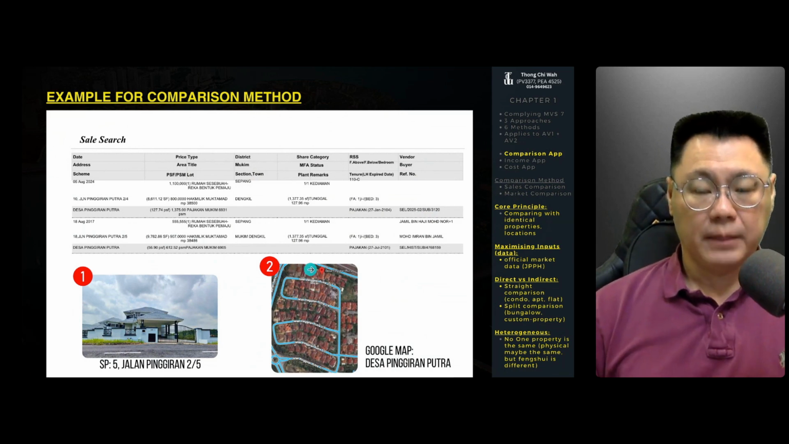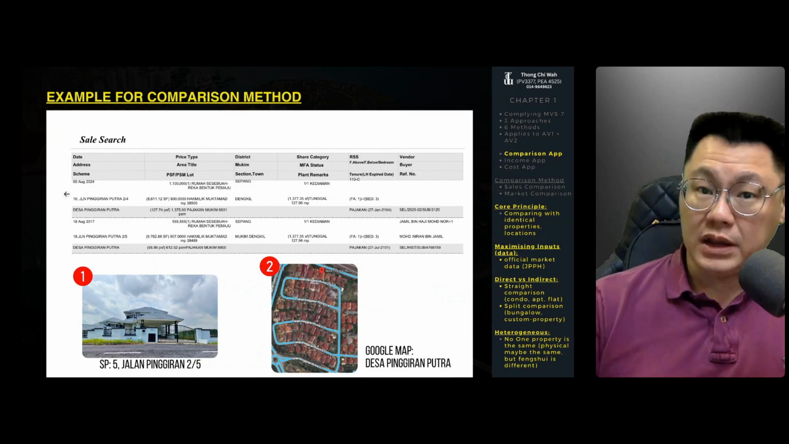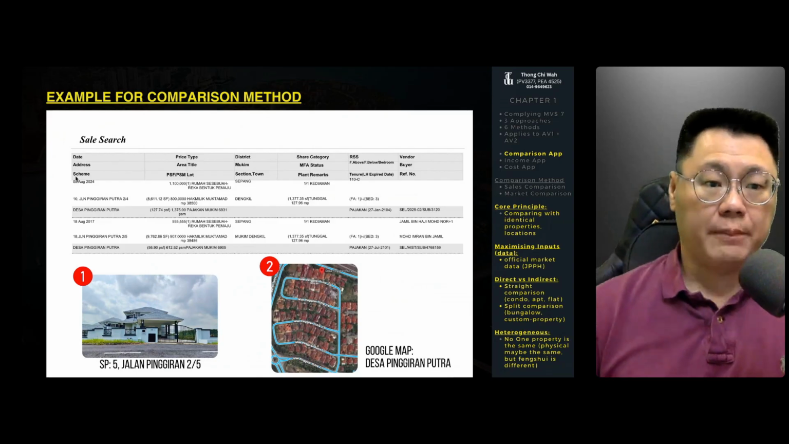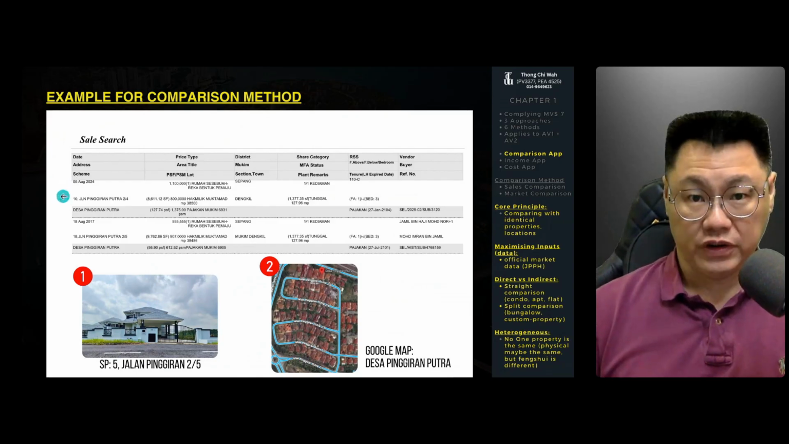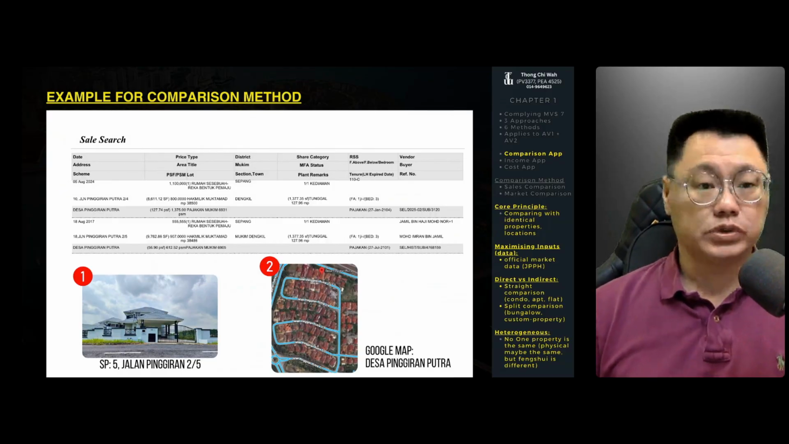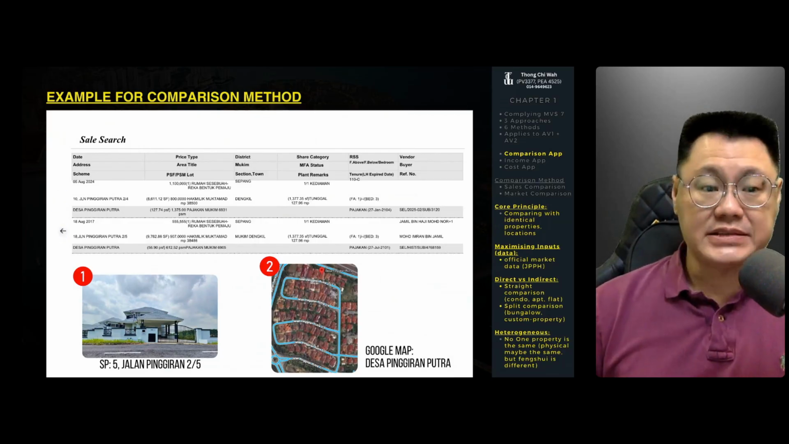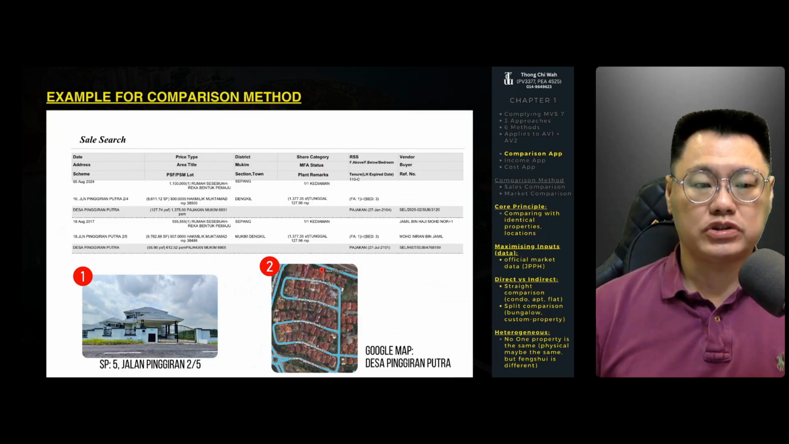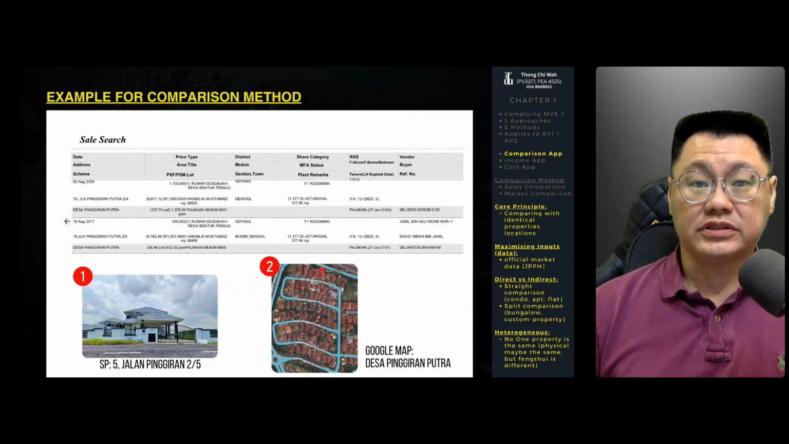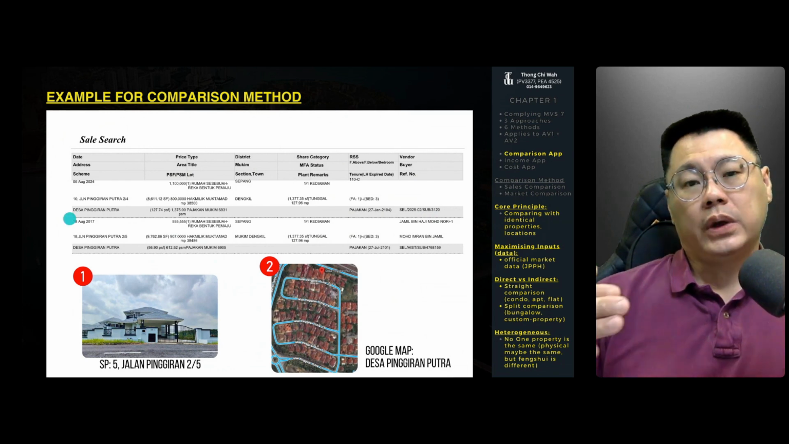So it happens to be that particular pin. And in that pin, we can obtain the last transacted property for Desa Pinggiran Putra. It happens to be on the 5th of August 2024, but it's number 10, Jalan Pinggiran Putra 2/4. Whereas the exact road would be Unit 18, Jalan Putra 2/5, but it is in 2017, 18 August. So we want the latest